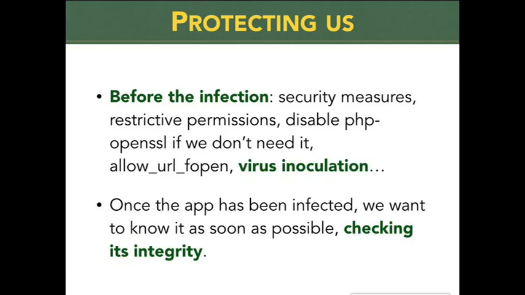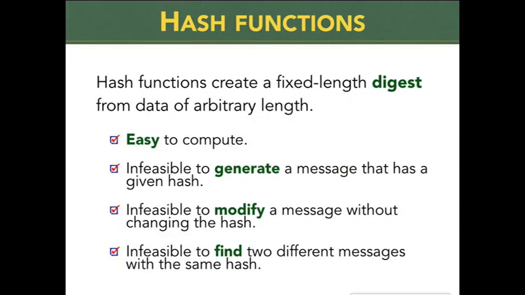And once the app has been infected, we want to check the integrity to know if it's infected or not. So the best way to check the integrity of some code, of some information, is using hash functions. Hash functions, we are used to using every day. We use SHA-1, for example, MD5